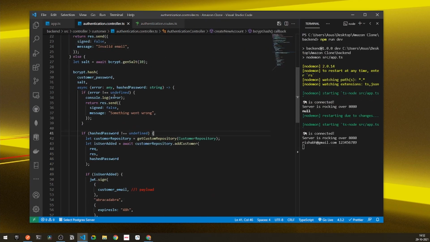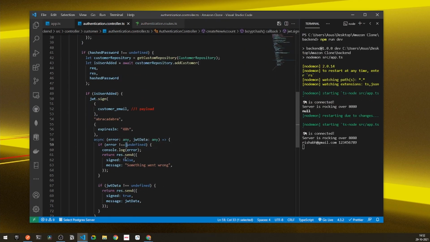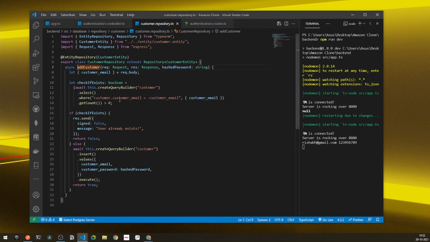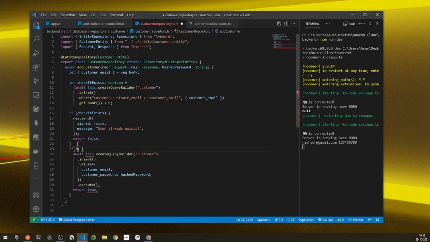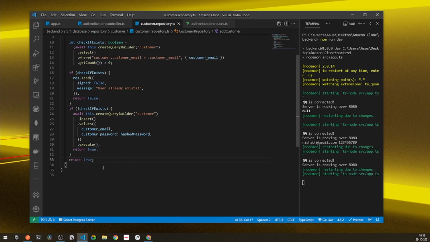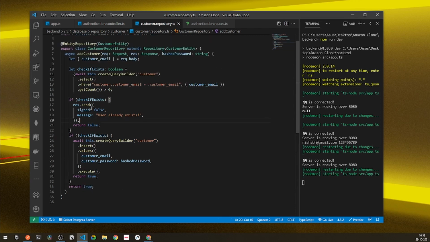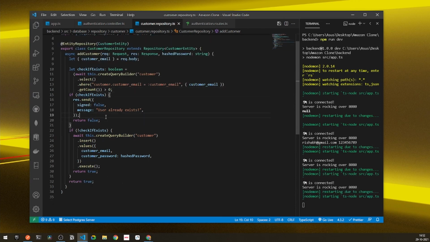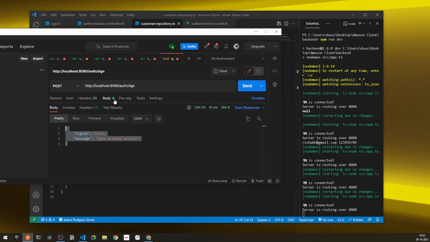So now we were simply getting something went wrong. So let's go to the add customer method, and here I'll add a new method. If not user exists, if check if exist does not happen, if we are getting some values, at that point we'll be returning a true. Also after this if else block, I'll be returning a true as a default one, right? Because we are only getting an error once we are adding check if exist here. So now let's try to sign up one more time.